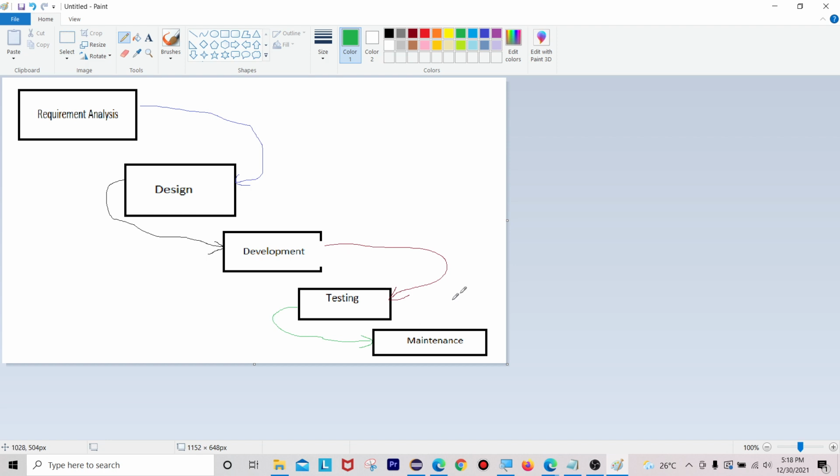So these are all the phases we can have inside our waterfall model.